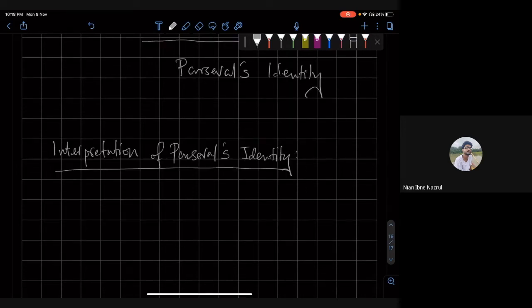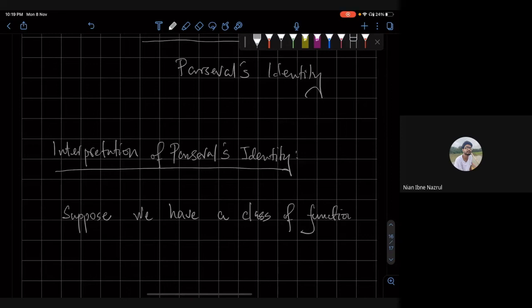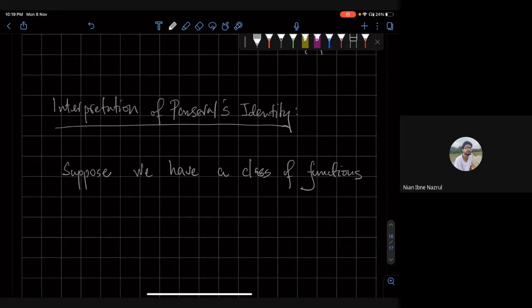So what is the interpretation? Suppose we have a class of functions, each member of which